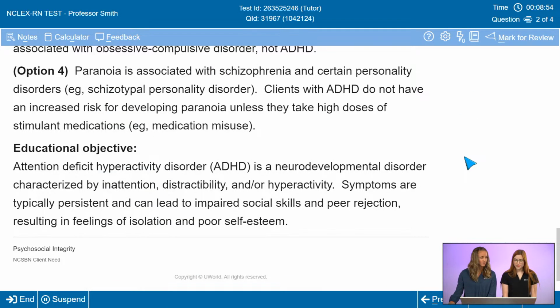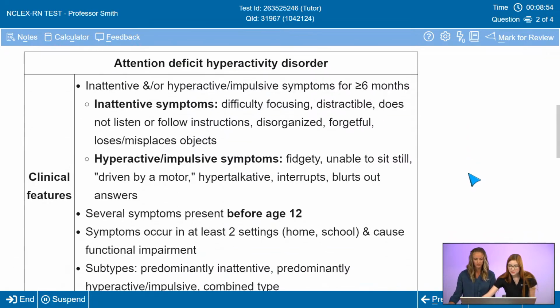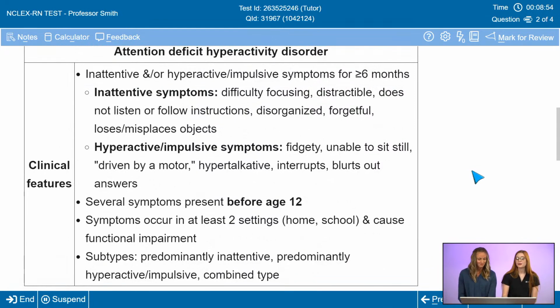Okay. So I did want to add on here, I'm going to scroll back up to the table. Something to point out, we didn't really go over, but on talking about inattentive symptoms versus the hyperactive symptoms, what you may have known as ADD or attention deficit disorder is now classified under ADHD. So just remembering that those are a combined diagnosis, if you will. That is what that term is known as now, and so that is how the diagnosis will be written and presented to you if you see a client with it.